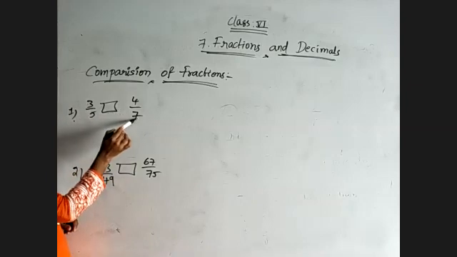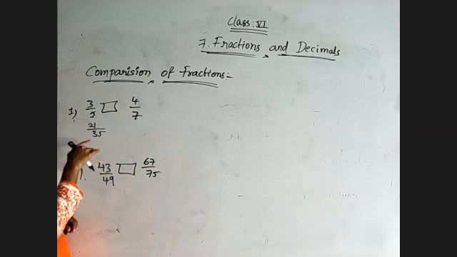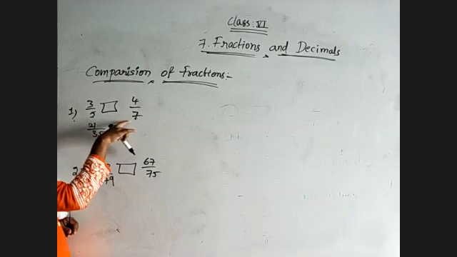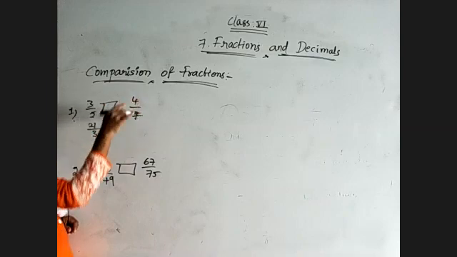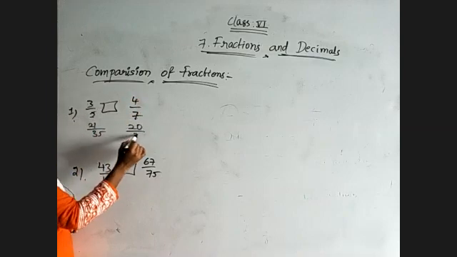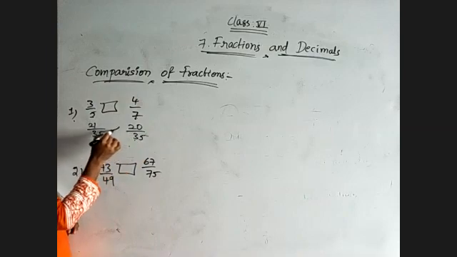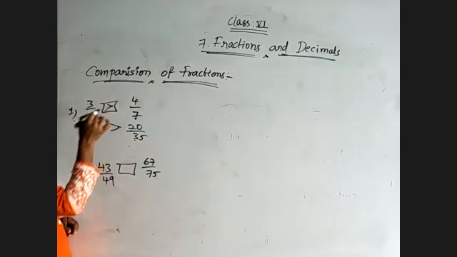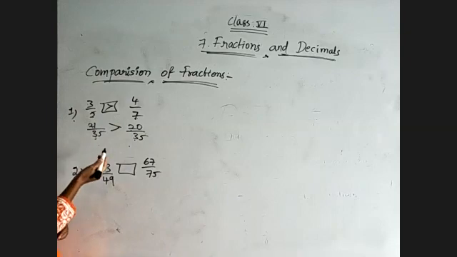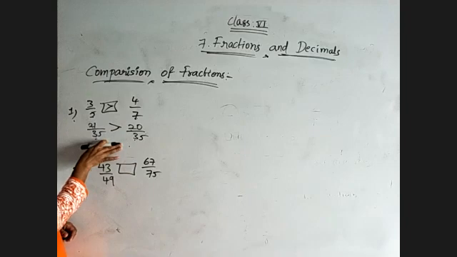What will we get? This number we need to multiply with this complete fraction. So 7 3s are 21 by 7 5s are 35. Remember, for the denominator you need to multiply these two numbers, and for the numerator cross multiply. 7 3s are 21, 5 4s are 20, and 5 7s are 35. Just observe, denominators are equal, which means these two are like fractions. 21 is more than 20. That's all. 3 by 5 is greater than 4 by 7. Without doing any steps, we are deciding directly which one is greater and which one is lesser.